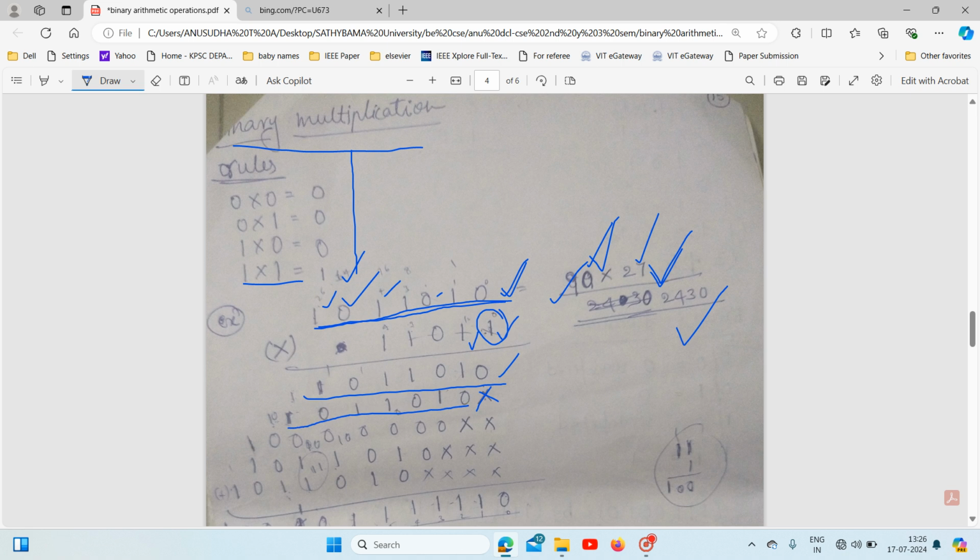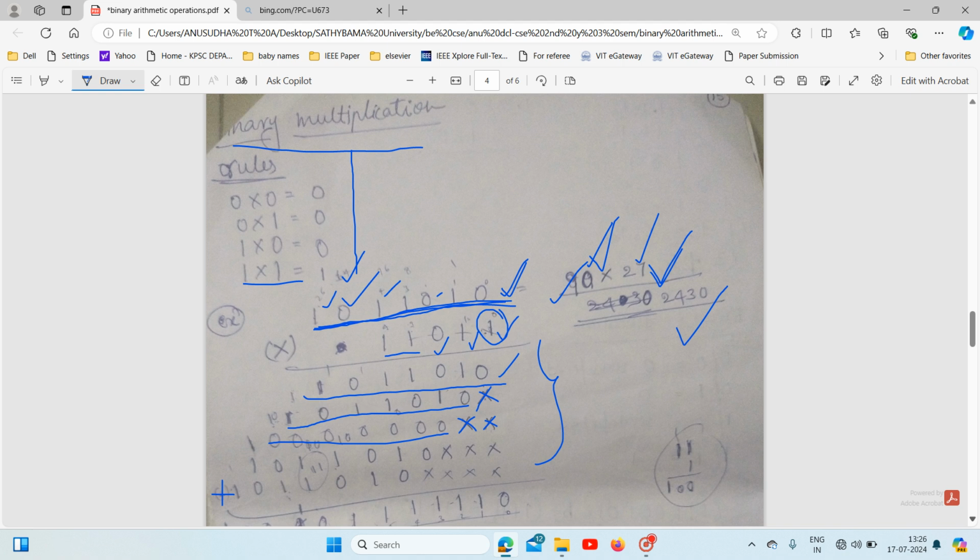The third bit is 0 in the multiplier. This 0 is multiplied with the entire binary length, and the result is 0. Before placing that, you have to put the first two places as x. Later you have to put the entire result. The process is similar for the remaining 2 bits after performing the multiplication.